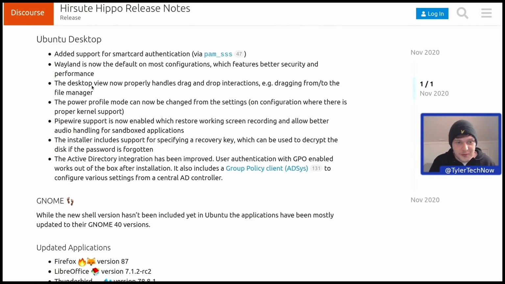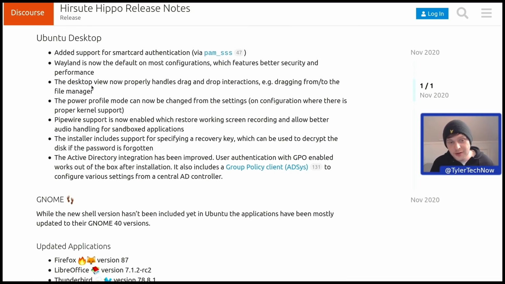We then have some security improvements, and the thing I'm going to be focusing on the most, which is of course the Ubuntu desktop. So first up, we have added support for smart card authentication. Wayland is now the default on most configurations, which features better security and performance. Desktop View now properly handles drag and drop interactions, for example dragging from and to the file manager, and we'll test that out once we are fully installed with the new desktop icon extension. The power profile mode can now be changed from the settings on configurations where there is proper kernel support. Pipewire support is now enabled, which restores working screen recording and allows for better audio handling for sandbox applications, so